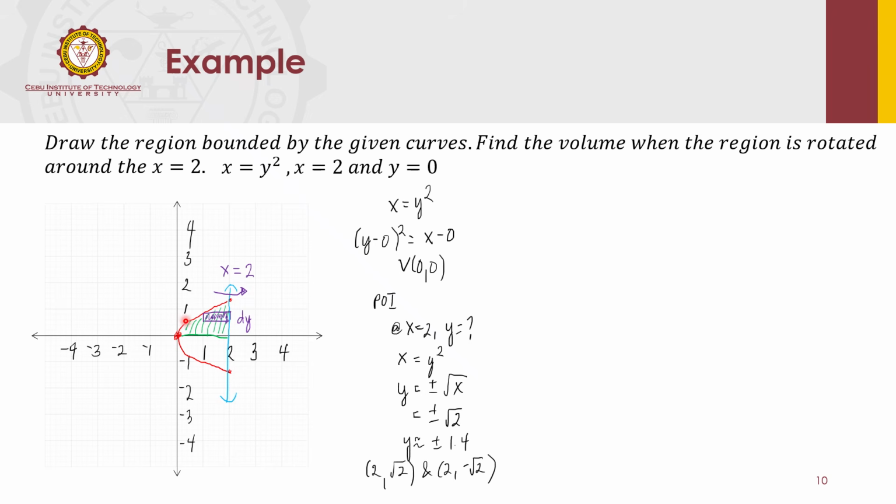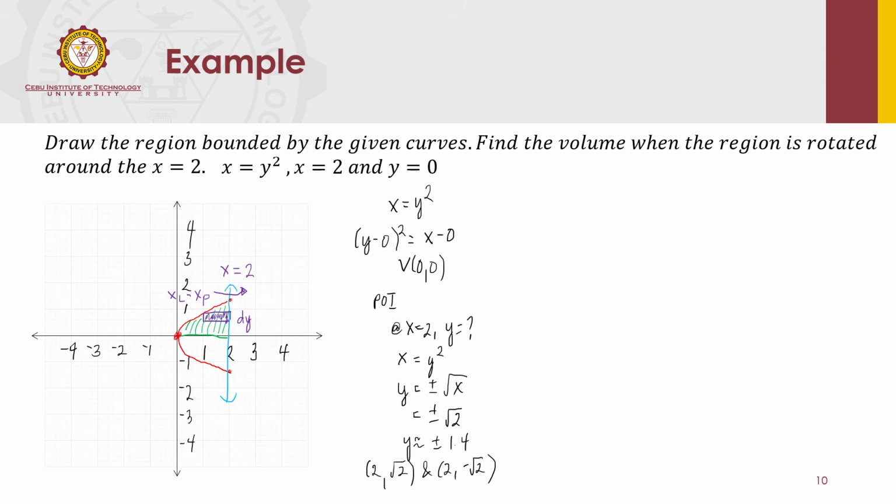Okay, there are two curves limiting the length of the strip. So therefore, we're going to use, just like in the previous lesson, area between curves. It's the difference between the x values of this curve on the right and this curve on the left. It's going to be x of the line minus x of the parabola. Okay, it's x sub r minus x sub l, or right value of x minus left value of x, for the radius of our circular disc.